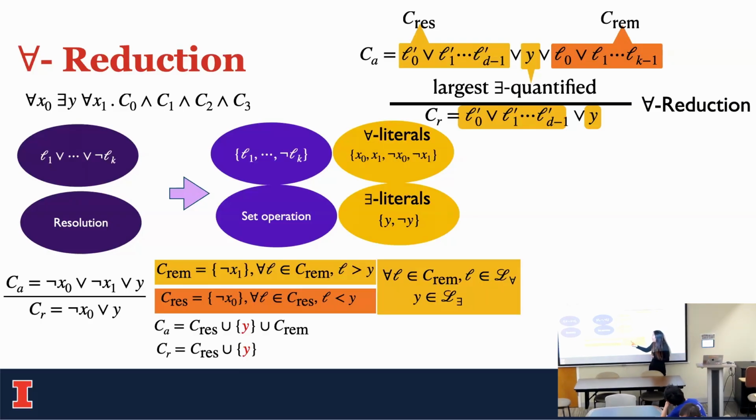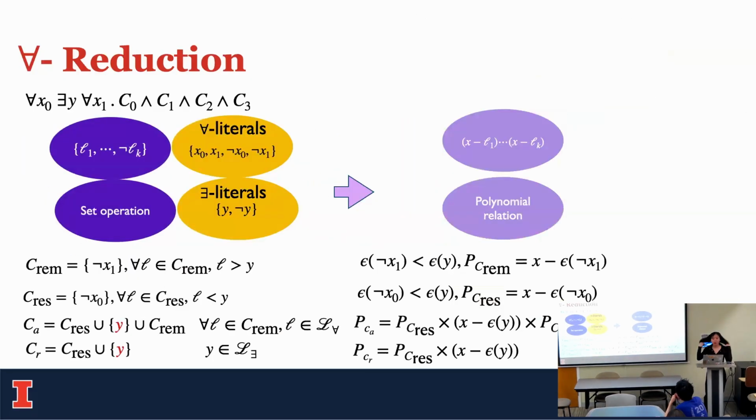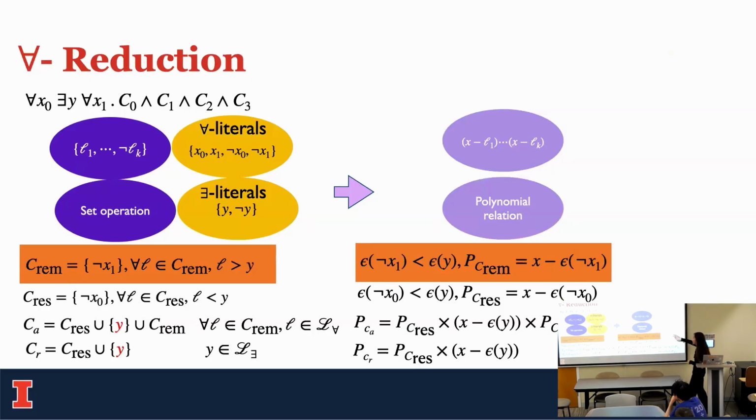And at the same time, for every literal we removed, the literal should be a for-all quantified literal. Okay, those are the additional things we need to check. So, reflecting this in the polynomial constraints, we have this one-to-one mapping from the set language to polynomial relations. So this checks the order correctness in the remaining part, in the removed part, and the correctness of the removed part of the